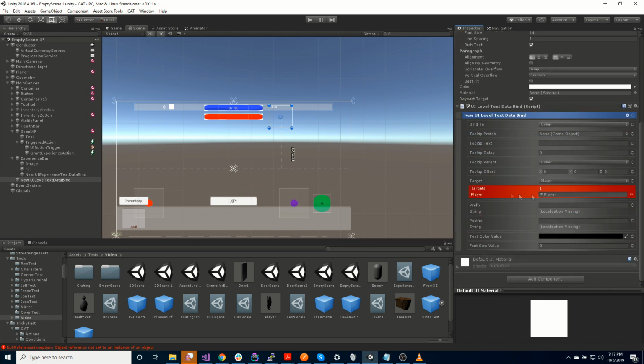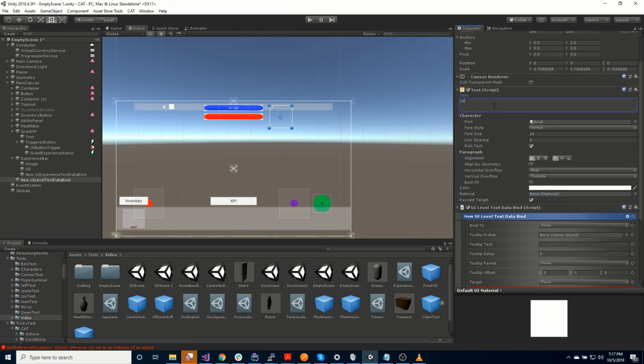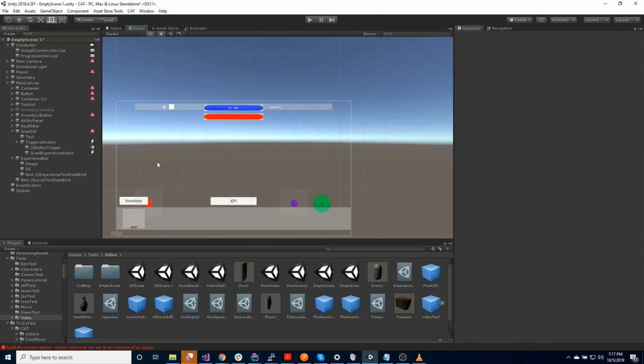So now again, target the player. And that will just display our level. So we can add a prefix that says level, semicolon. So it'll look something like that. We'll put in 0 so that we know that it's changed. Okay. So now if we hit play,